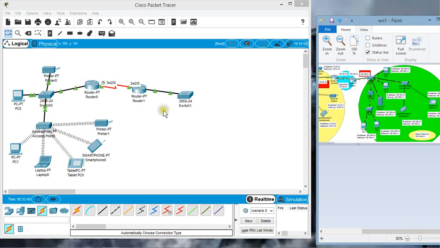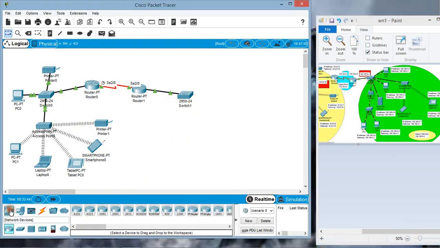Now let's have a look at the right hand side topology of this router 1. On the right hand side there is a switch, and then there is a bridge. Bridge is connected to a switch. Let's check out for a bridge, the bridge PT.